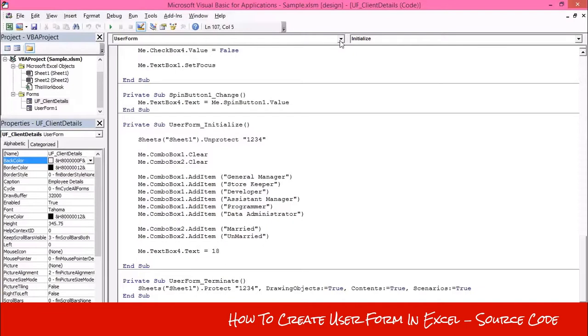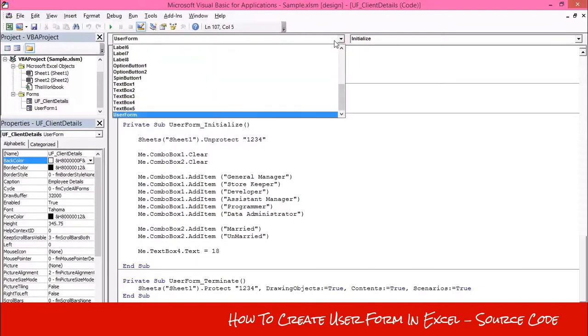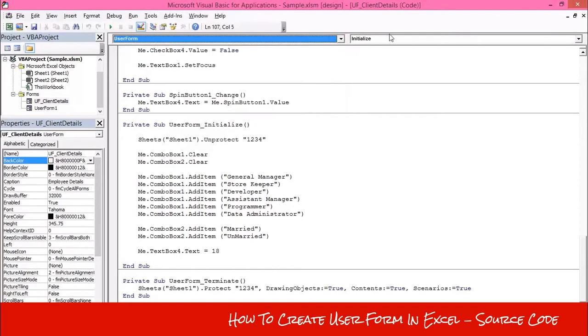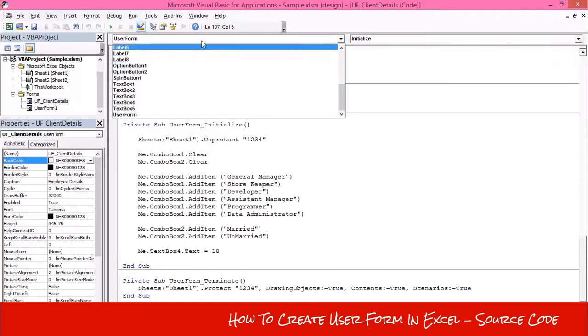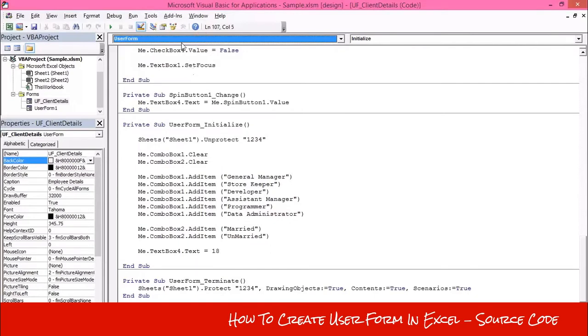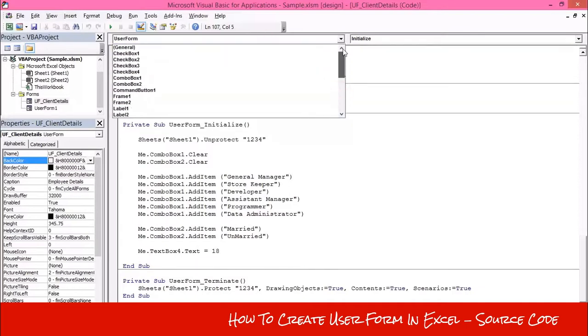And as you can see, there are two combo boxes. This is the first, and this is the second combo box. This is the combo box of controls of the user form. All the controls which you created on the user form will be displayed here. As you can see, there are checkboxes, frame, text boxes, label and command buttons which I created on my user form.